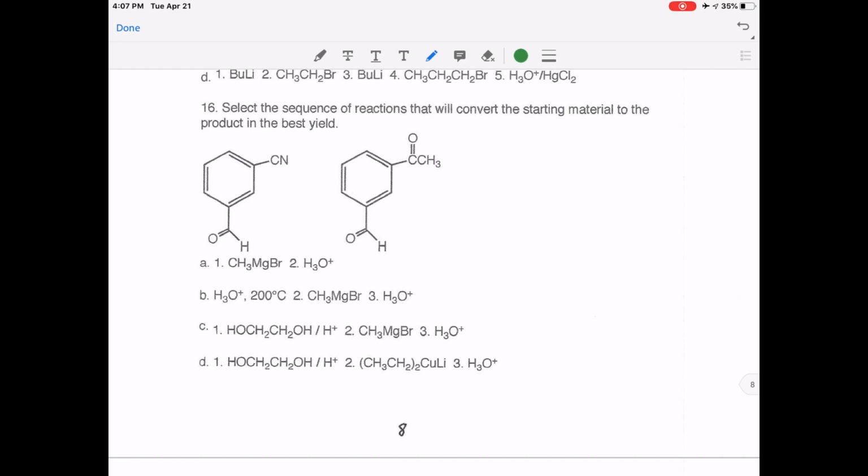So if we use, for example, ethylene glycol and acidic conditions, we can easily convert that carbonyl group